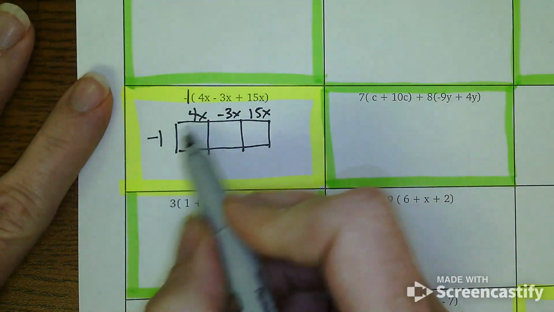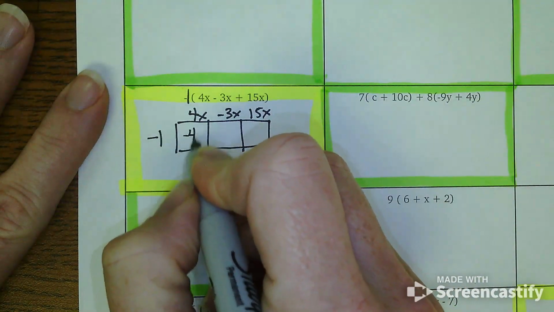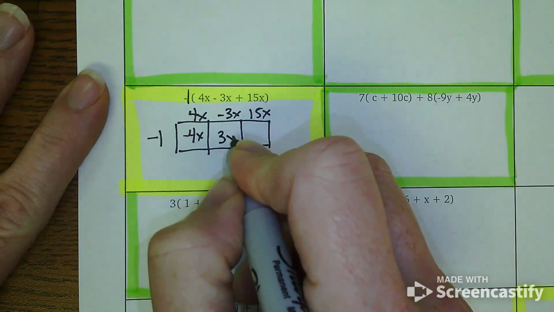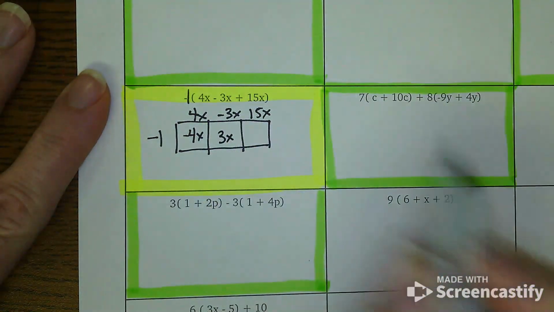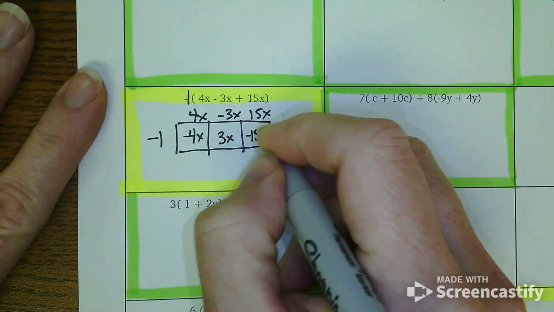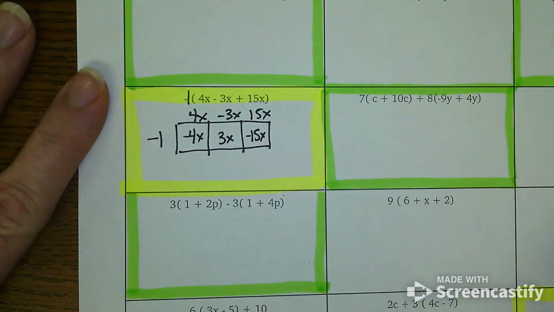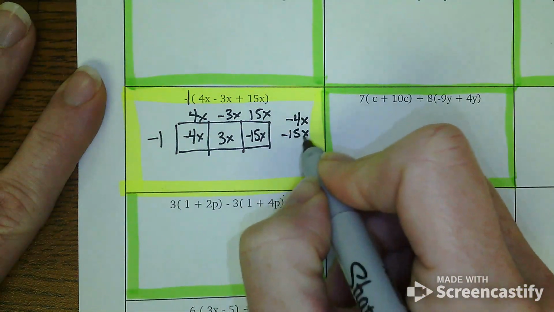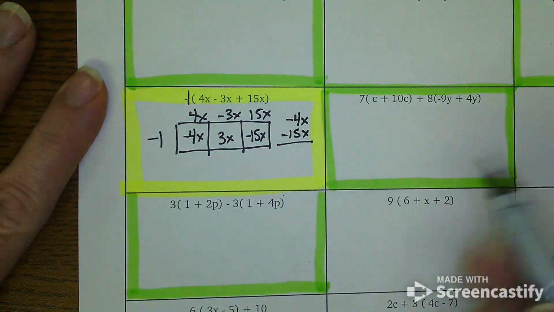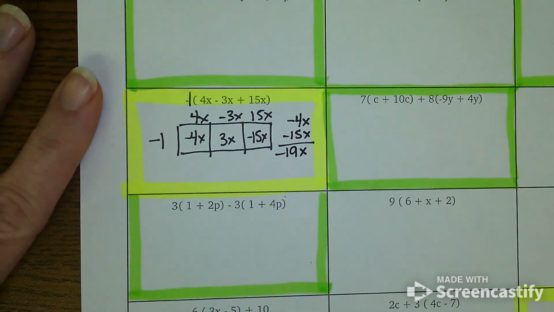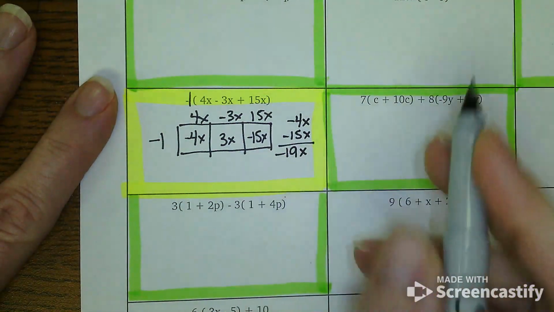So I'm going to use -1 times 4x is -4x. -1 times -3x is +3x. Two wrongs make a right. And then the last one, -1 times 15x is -15x. Now, to combine my like terms, I'm going to take my two negatives and put those together. I want to combine all my negatives. Together, I have -19x. But I have 3x positive